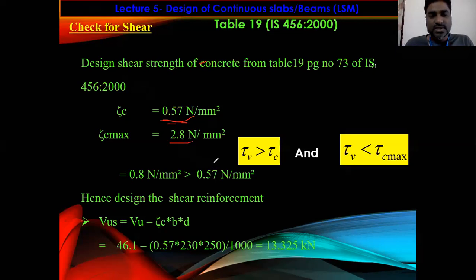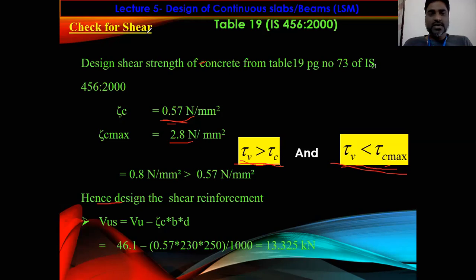So here tau V, how much did I get? 0.8, and the 0.8 is greater than tau C, that is 0.57, right? That means you need to design. So tau V is greater than tau C, and that 0.8 is less than tau C max. That means tau V is less than tau C max. So if tau V is greater than tau C and tau V is less than tau C max, you need to design the shear reinforcement,